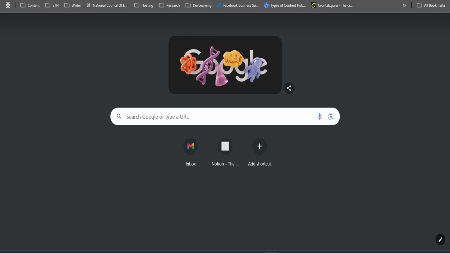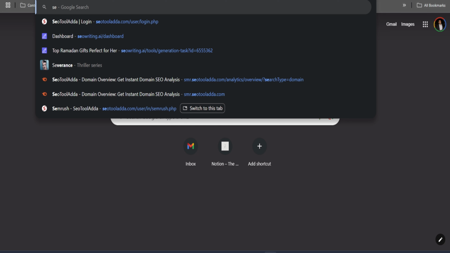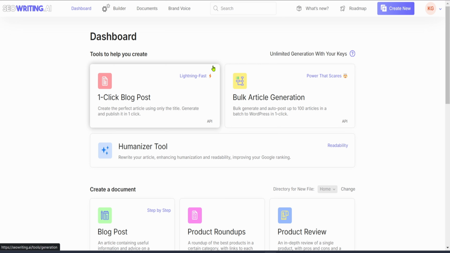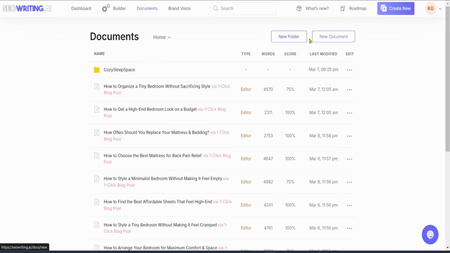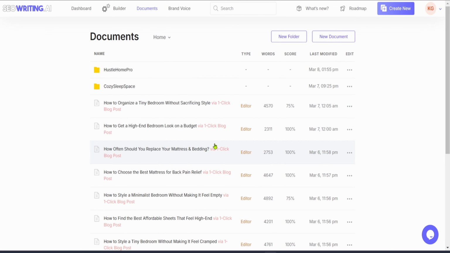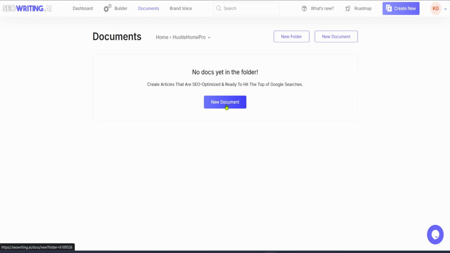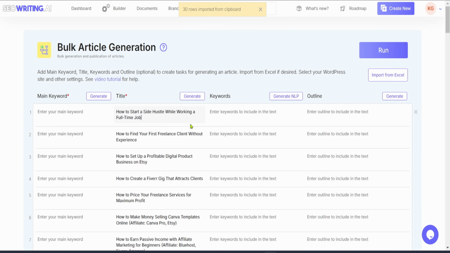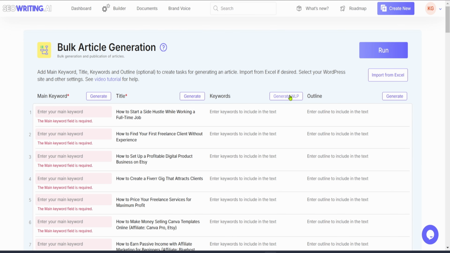and I use SEO writing AI. I've been using this for quite a long time now. So here what you do, you go to documents, you create a new folder for our website, Hustle Home Pro, so everything stays together. I'll go to Hustle Home Pro, I'll create a new document. Here I'll select bulk article creation, and then I'll paste all my article titles over here, and I'll just use this generate. And sorry, before that I need to